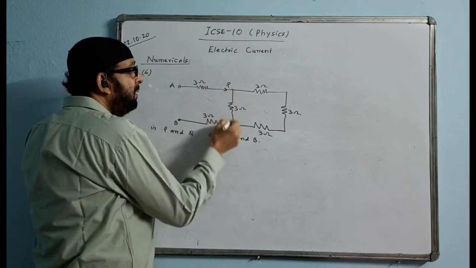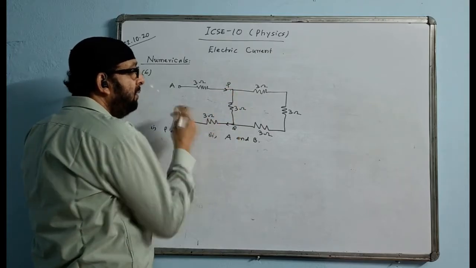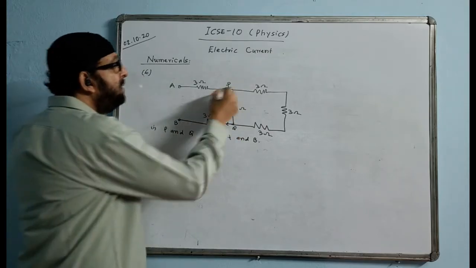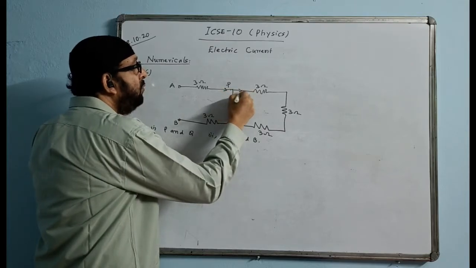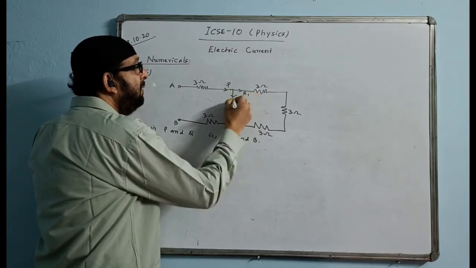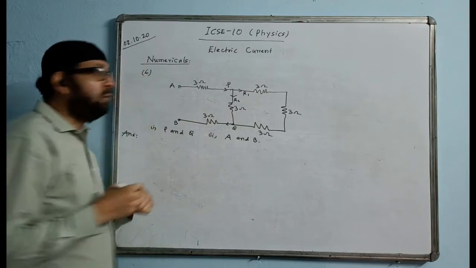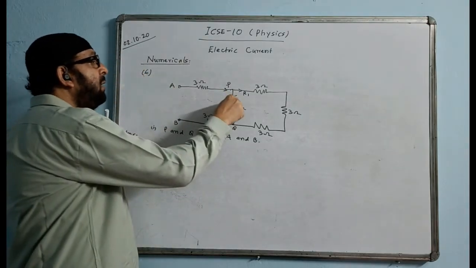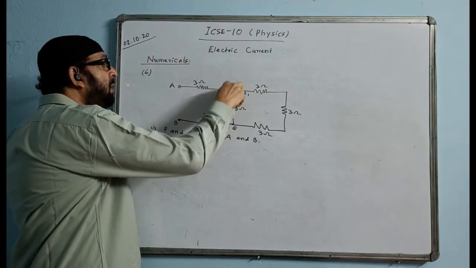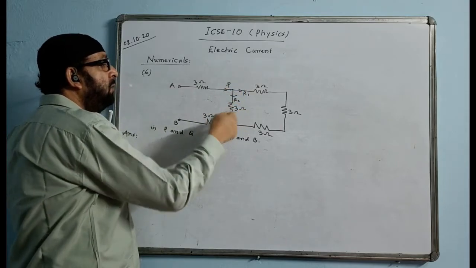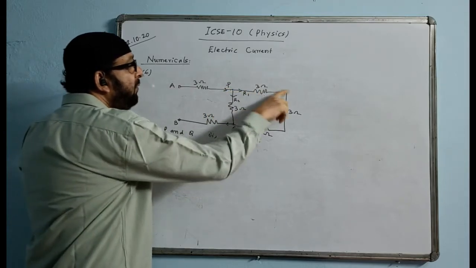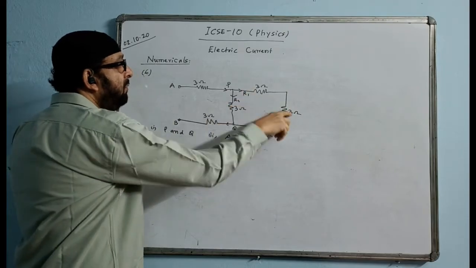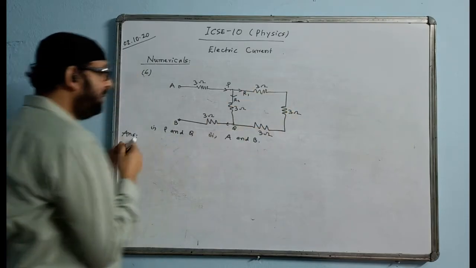Through P the current enters, and through Q the current will leave. As it enters through P, it is dividing into two branches. Any branch I take as R1, and the other branch's total resistance I take as R2. Now how is the current through R2 flowing? Current through R2 will flow all through this and then come out, only single. But R1 current will flow this way, through all the three of them. That is, these are in series.